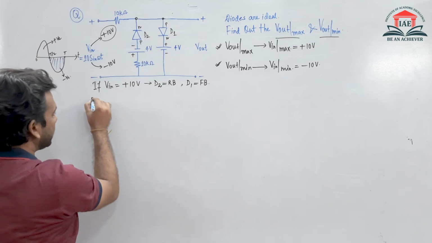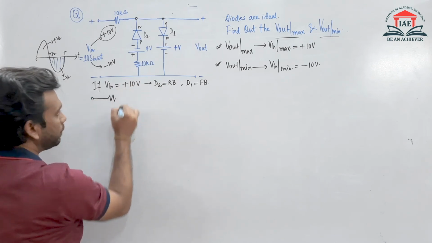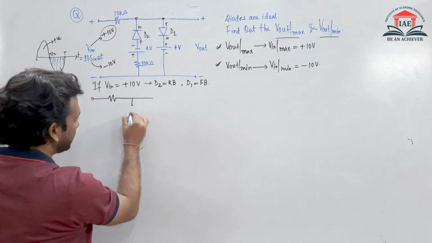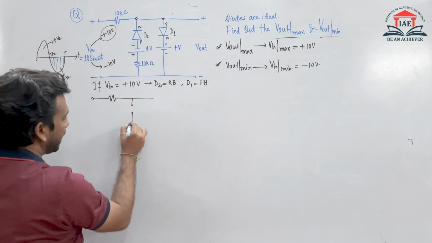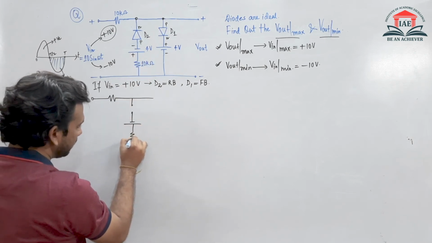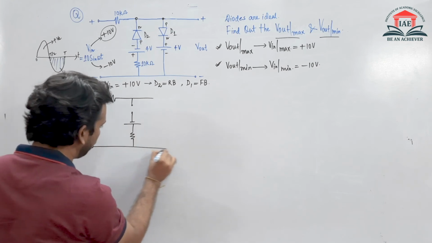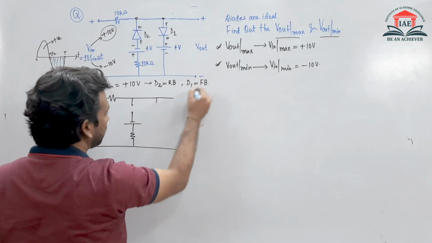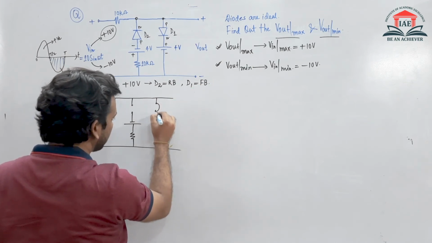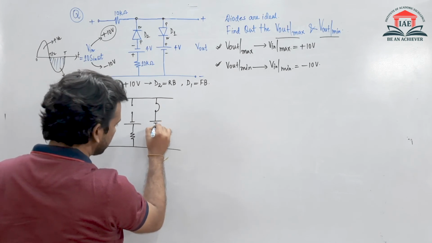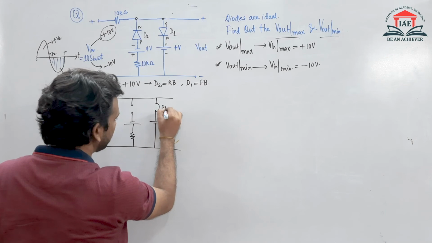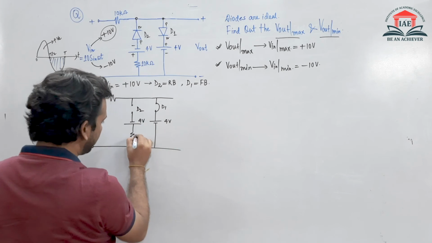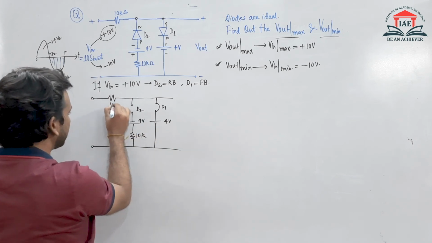So the equivalent circuit diagram when the input voltage is plus 10: D2 diode is reverse bias, so open circuit, and with it -4, and with that plus 10 kilo ohm. And this D1 diode is short circuited because it is forward bias. So I short circuit it, and with it a plus 4 volt connection. So this is D1, this is D2, this is 4 volt, this is also 4 volt, 10 kilo ohm and this is 10 kilo ohm.